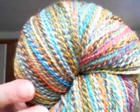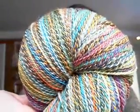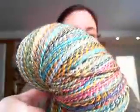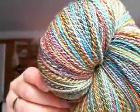So another close up before we can go to the next yarn. Isn't that great? I love this. It's super pretty. It's very soft. It's a merino, superwash merino and silk blend, and it's amazing. So finished, finally. After I spun this, and I would say it's about a light fingering to a fingering weight,